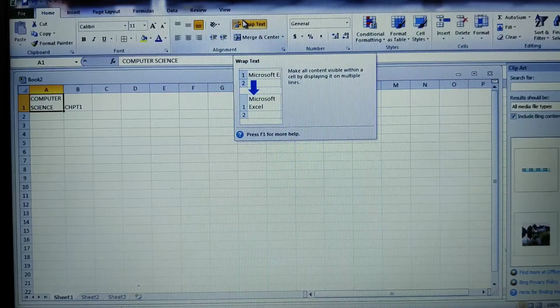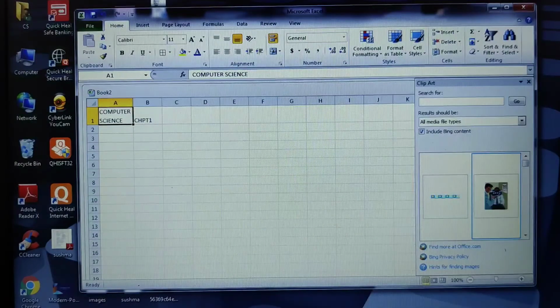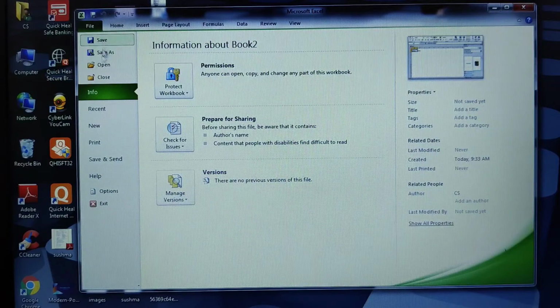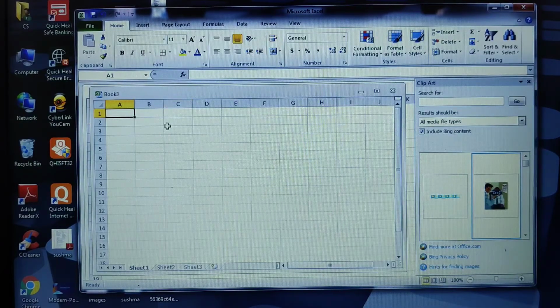Okay, now let us see what the different steps are to open a new Excel file. So click on the File option here. I'll just reduce the window size. Click on the File option, then click on New. When you click on New, you'll get a blank workbook here. Click on Create. Every time you follow the procedure, you get a new blank document, and the shortcut key here is Control plus N.